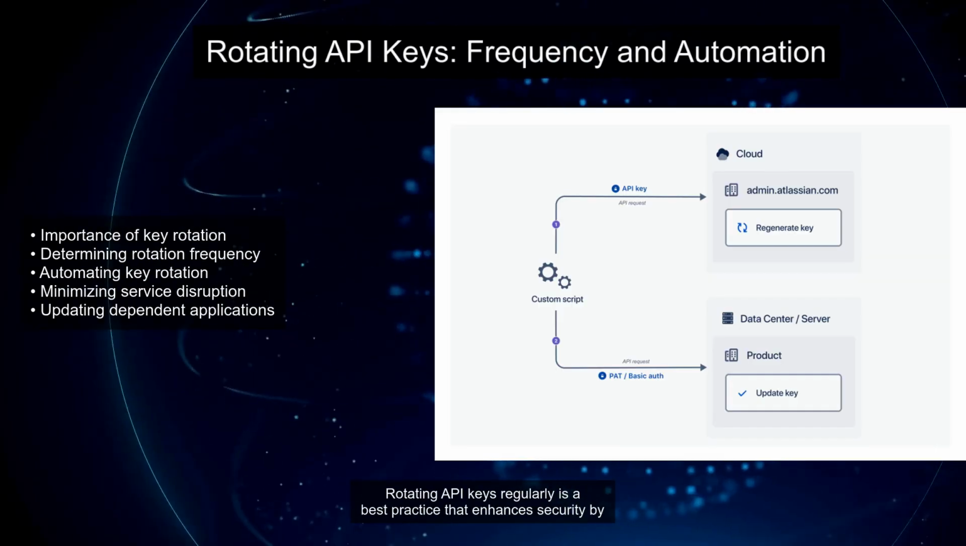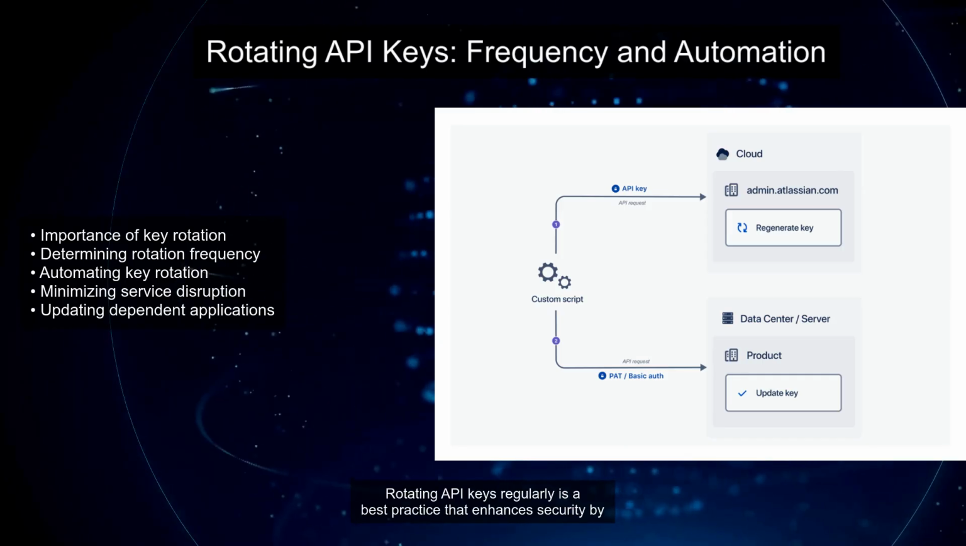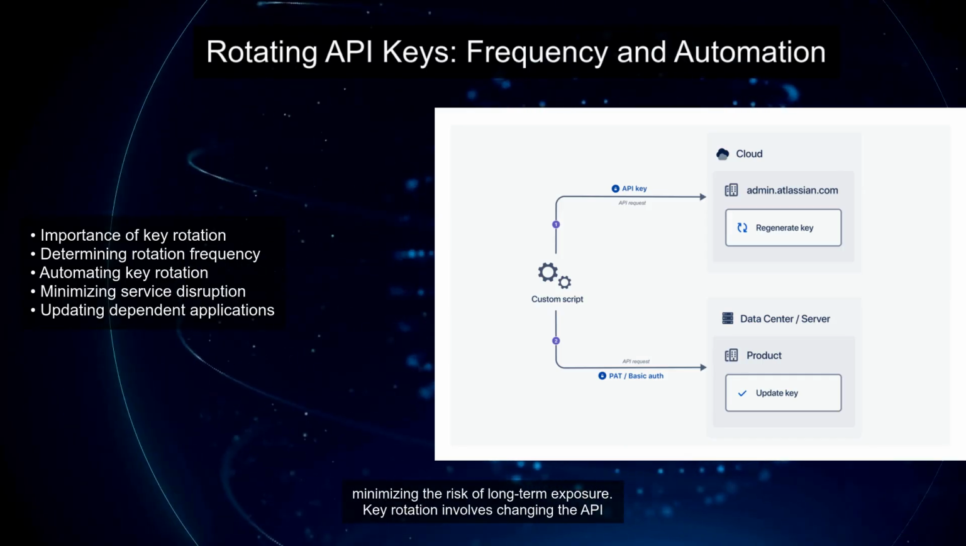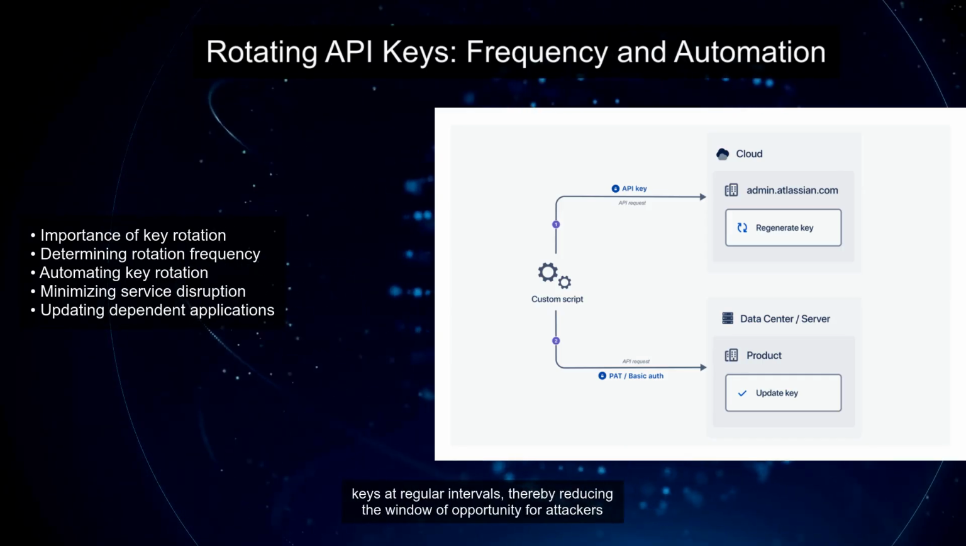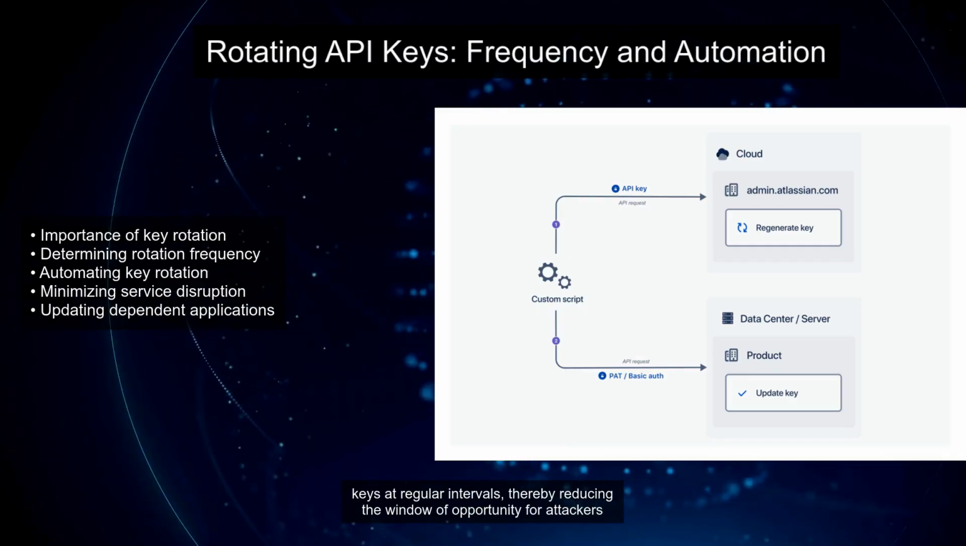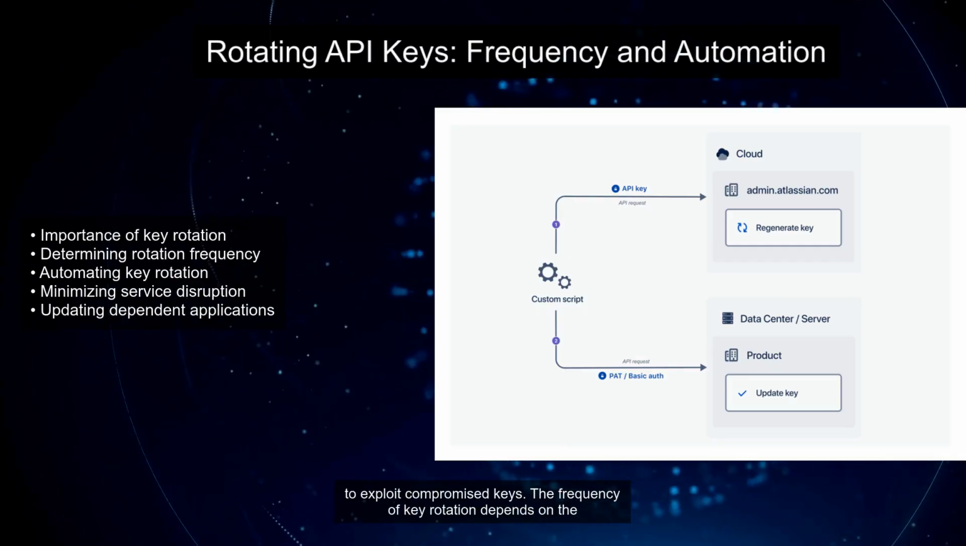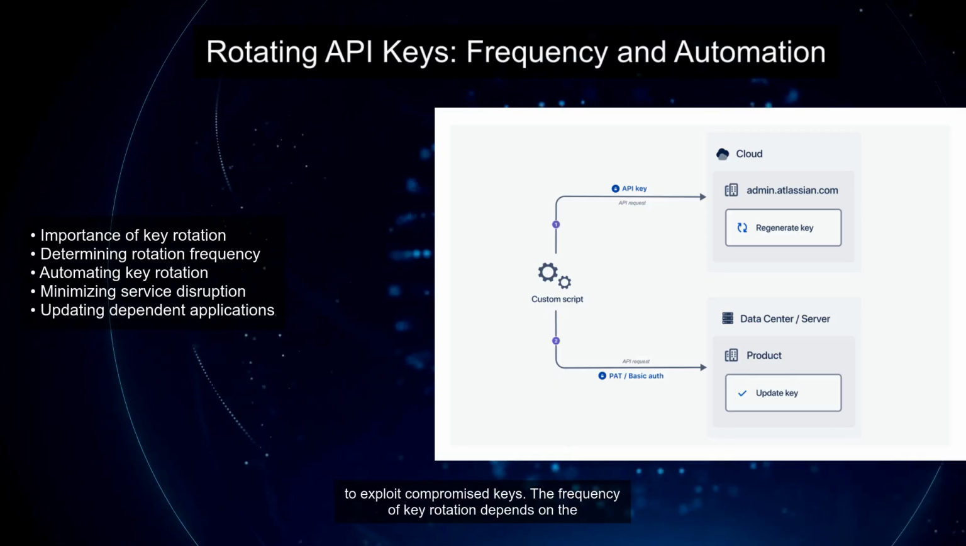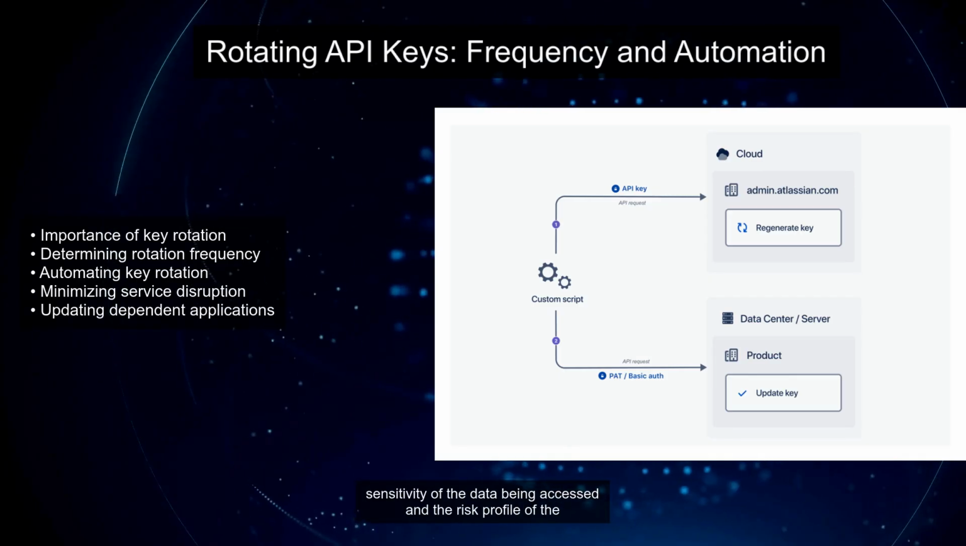Rotating API keys regularly is a best practice that enhances security by minimizing the risk of long-term exposure. Key rotation involves changing the API keys at regular intervals, thereby reducing the window of opportunity for attackers to exploit compromised keys. The frequency of key rotation depends on the sensitivity of the data being accessed and the risk profile